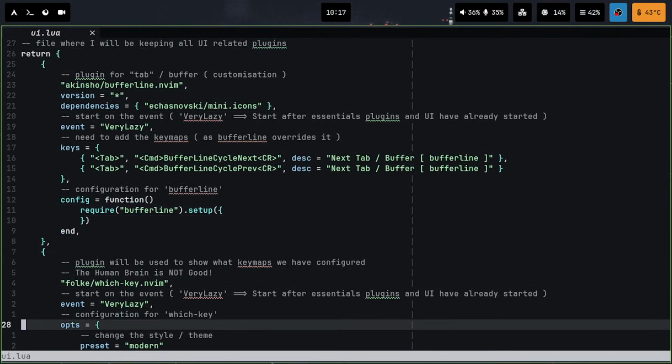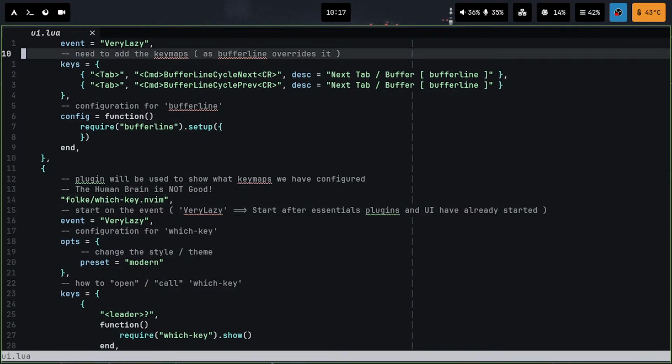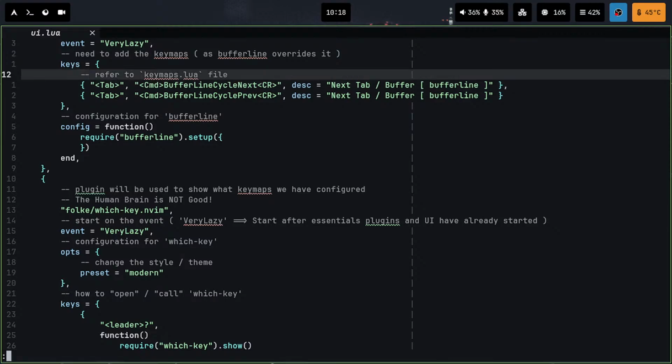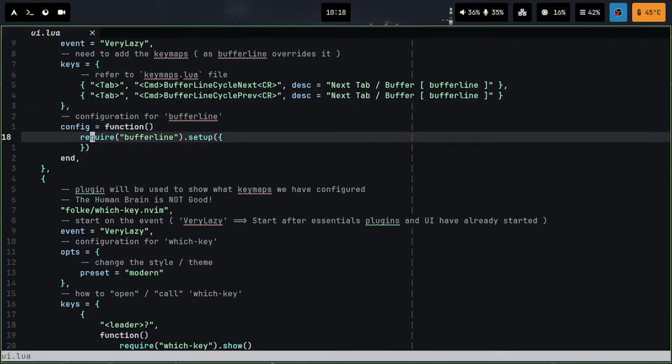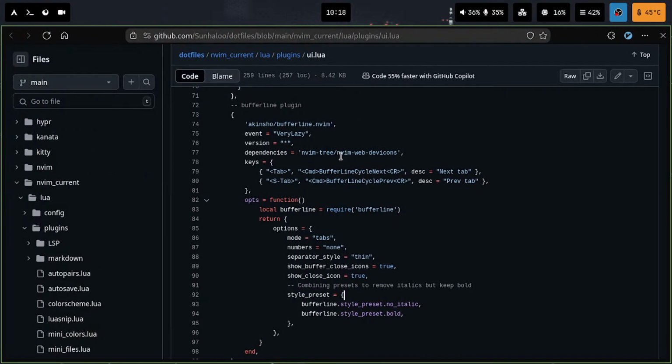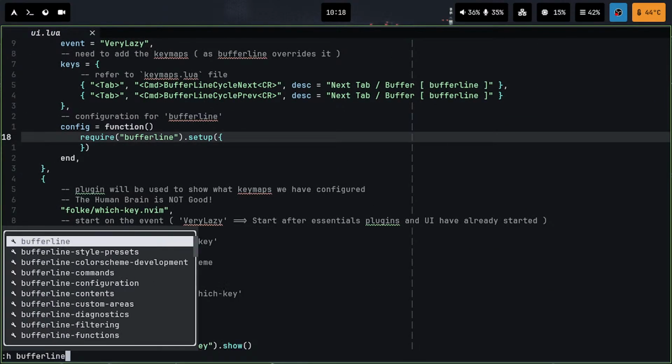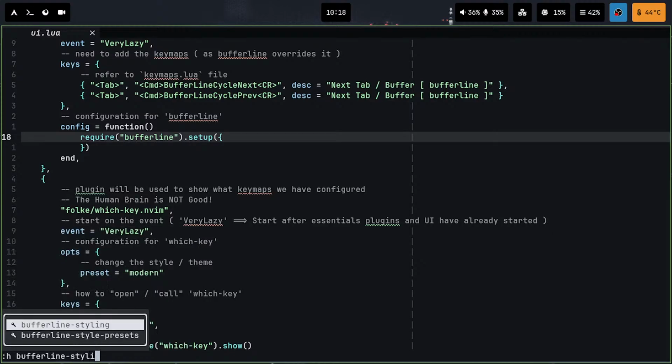Have this, so configure the keys, similar to, refer to keymaps.lua file. So yeah, configuration. Now how can I change the preset? Which buffer line dash styling,